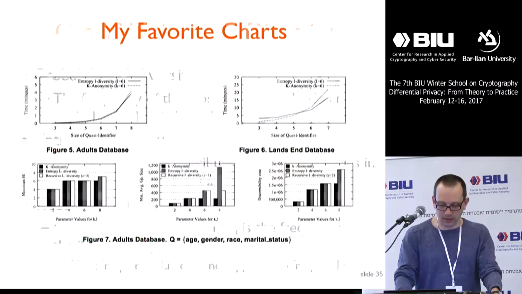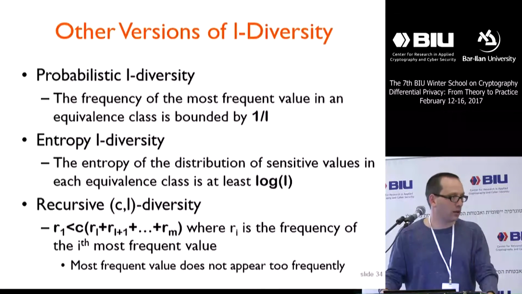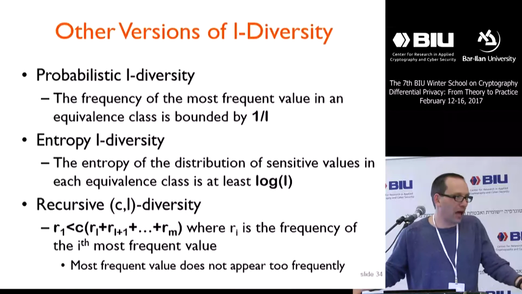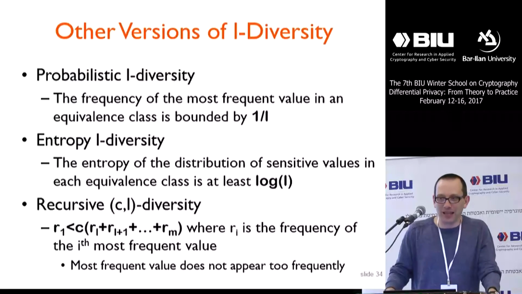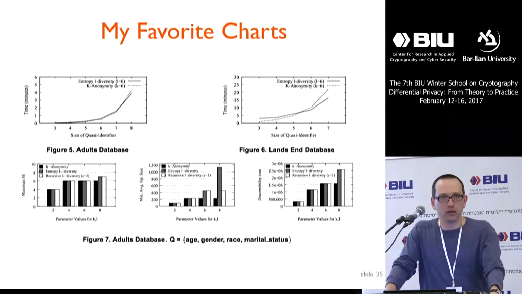No, I mean, if it's entropy L-diversity, that is totally determined by the nature of the data. For example, if your sensitive attribute is something like HIV status, which is binary, how big of an L can you get there? L is determined by the number of... so if you look at this chart,